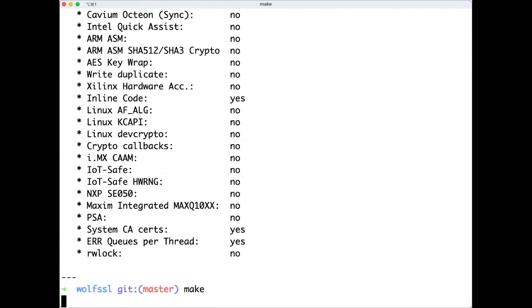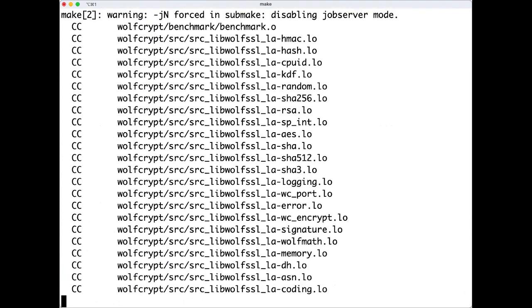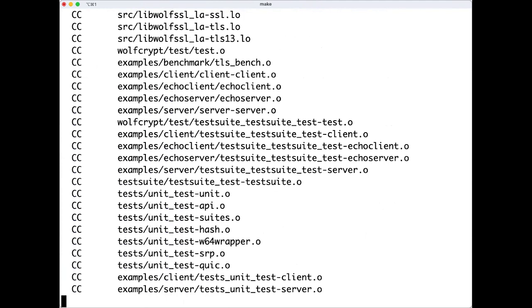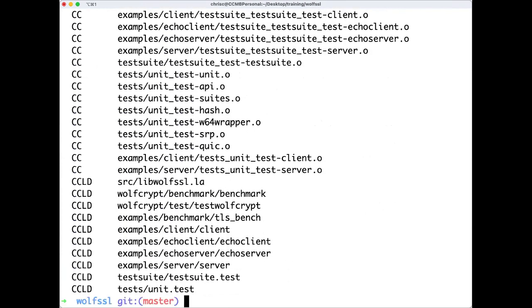So we can build the library by running make. This builds the library as well as the examples, the test suite, the wolfCrypt test, and the wolfCrypt benchmark. And then if we wanted to install it, we would run a sudo make install or a make install. If you want to redirect it to a different installation path, you can use prefix equals and give it a path to your install directory. That can be helpful if you've got multiple versions of wolfSSL on a system,